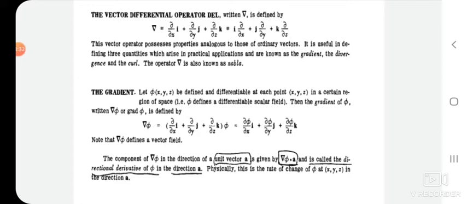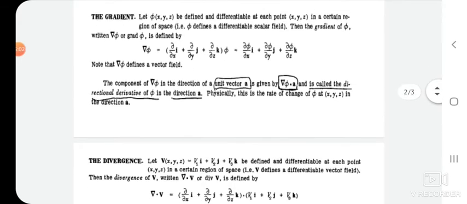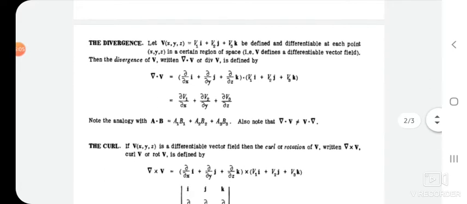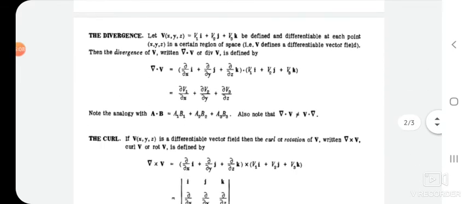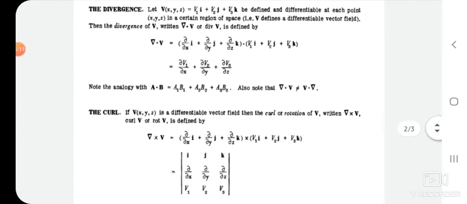It is the rate of change of phi with respect to x as well as y as well as z. It means phi is the quantity which varies with respect to the del operator, and the del operator is also a differential operator, depending on the x, y, z coordinates. Del phi is nothing but simply the gradient of a scalar field. After completing del phi, or the gradient of a scalar field, we move forward to the divergence.